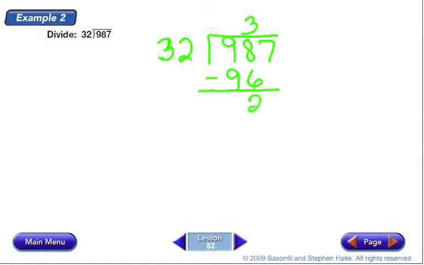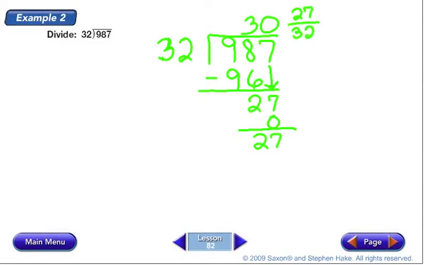I subtract, I bring down. Now, 32 does not go into 27, so I have to put a 0 in the ones place above the 7. I multiply 0 times 32, I get 0, and I have 27